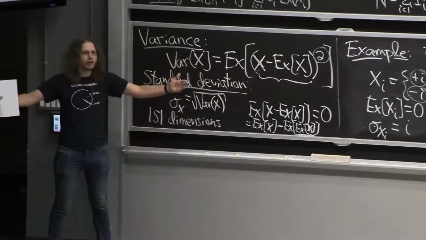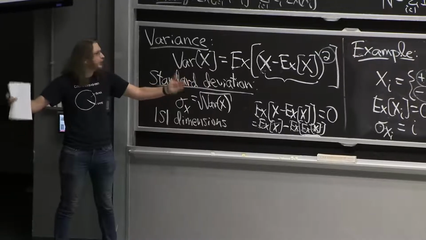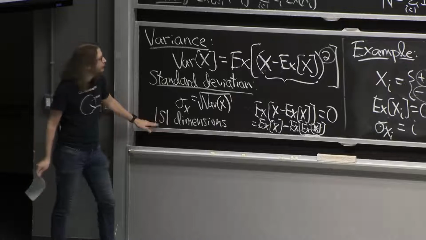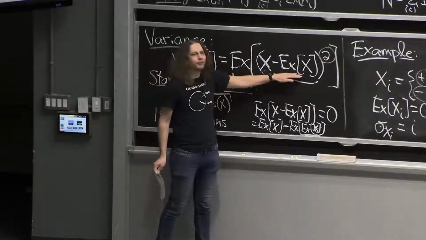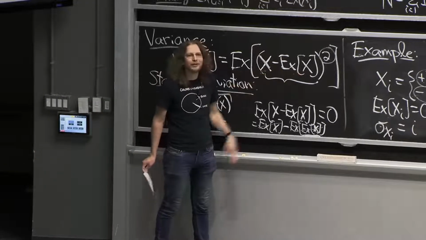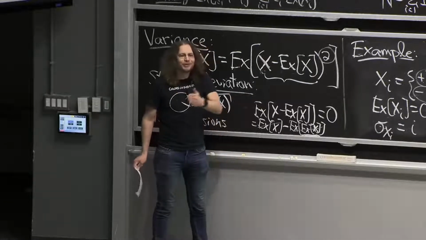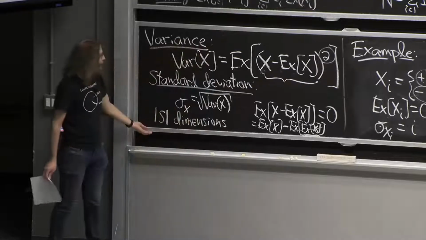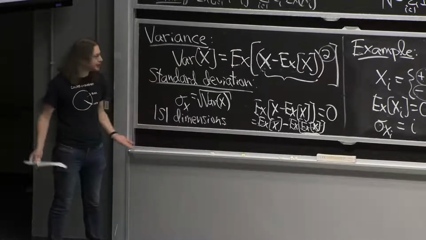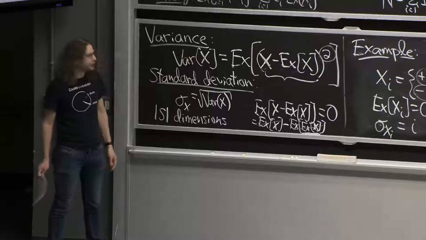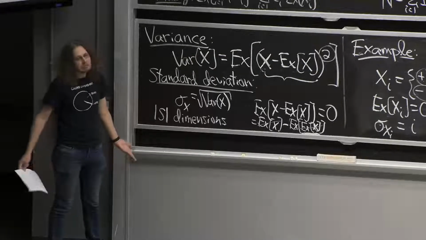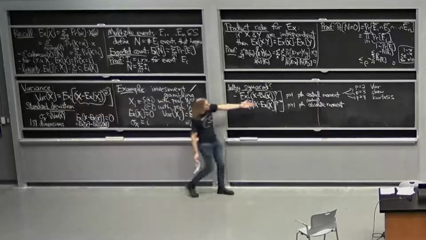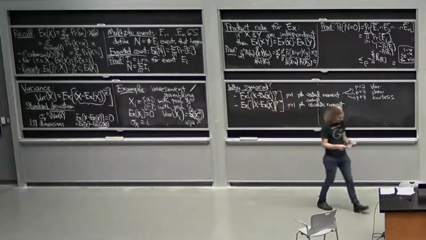You write down, for every outcome, what x is. That's a vector in s dimensions. And if you also write down for every possible outcome what the expected value of x is, it's the same every time. It's mean, mean, mean, very mean. And you take the distance between those two vectors, that's exactly the standard deviation. So if you live in a Euclidean world, that's why 2 is natural. Of course, you can live in any p-norm, and then you get all these other things.